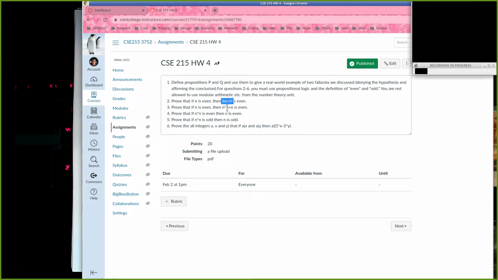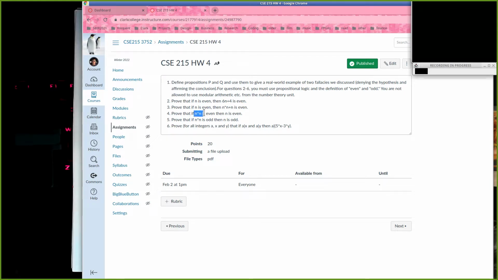Alright, question 3. If n is even, n² + n is even. So we already showed n² is even. So same idea. If n is even, show that n² + n is even. And then